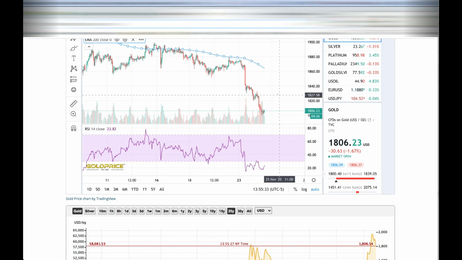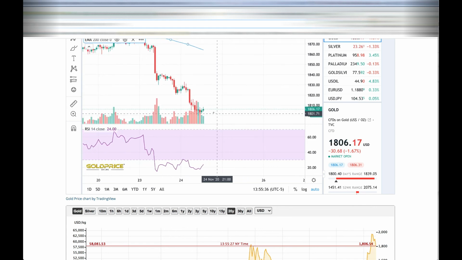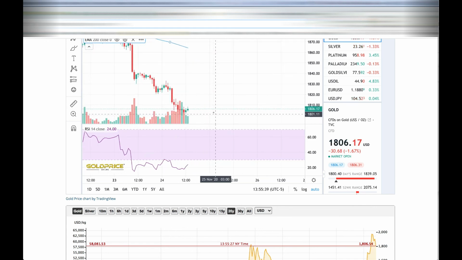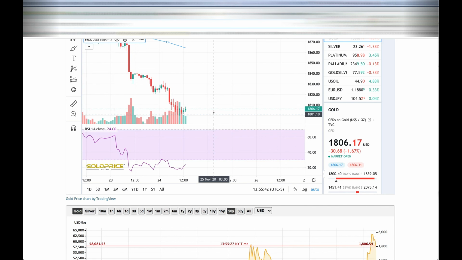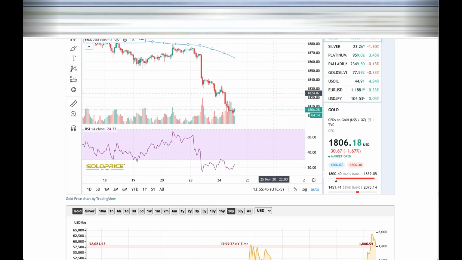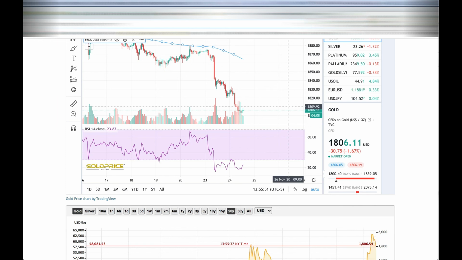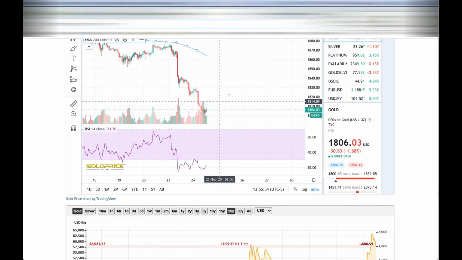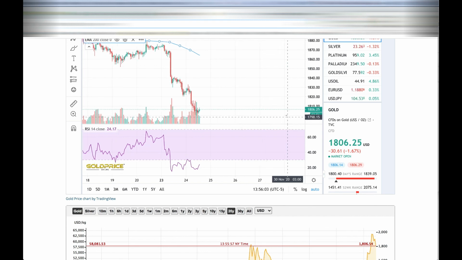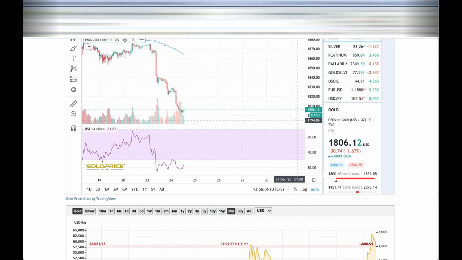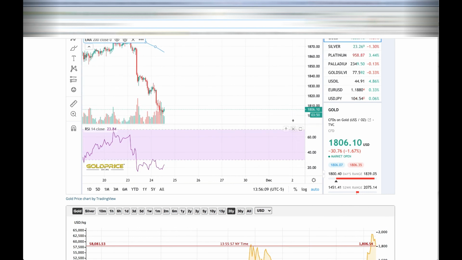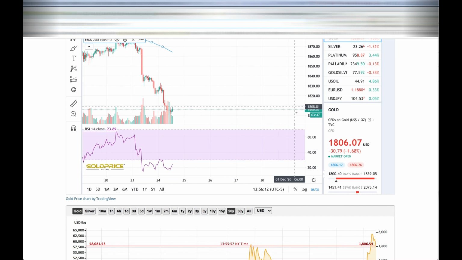Do I think that we are going to go lower? I don't know. It seems that the speed at which we go down has slowed down, but also because we're approaching Asian market opening hours, most likely we might see some of the market pick up a little bit and we'll go back up to maybe 1815, 1812 over the next day. Then it's going to drop back a little bit, probably to around 1800, 1790, somewhere around there. That might be another buying opportunity. You're going to see it stay a little bit above the 1780 level, hovering between 1780 and 1800.